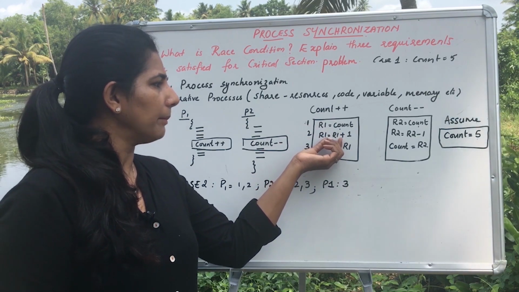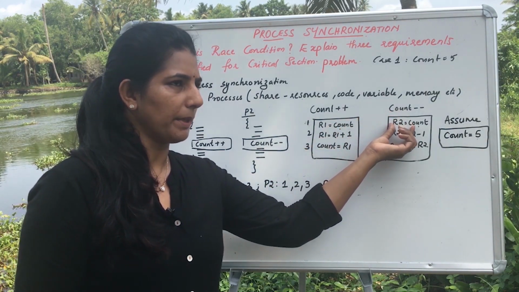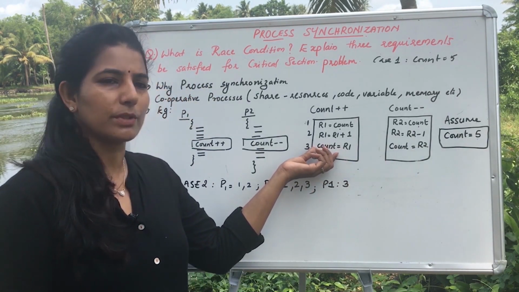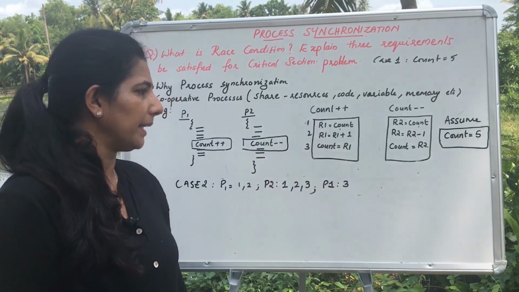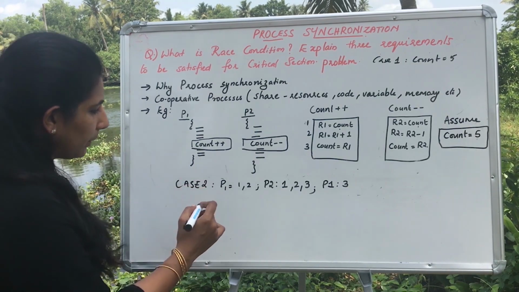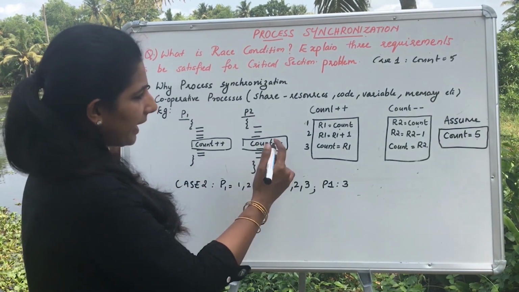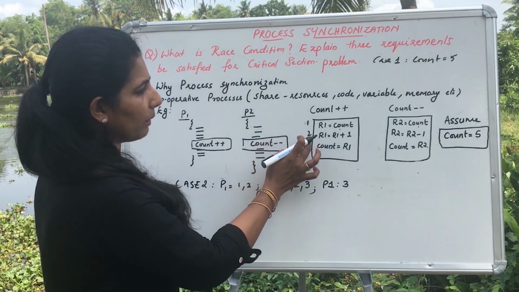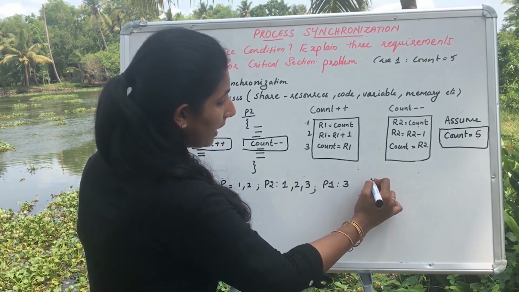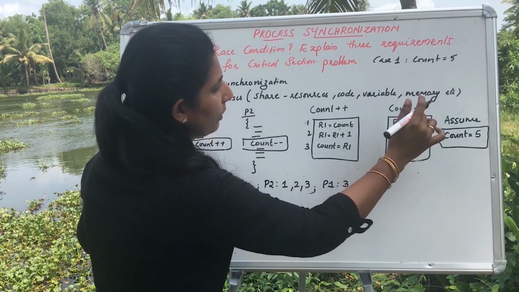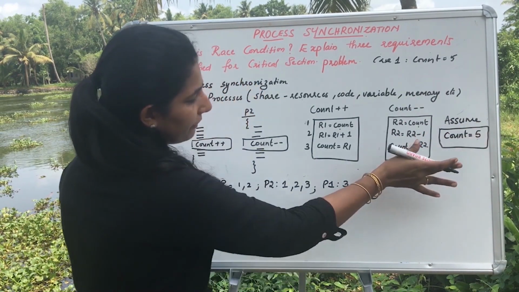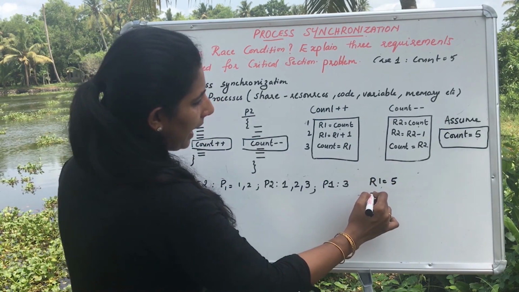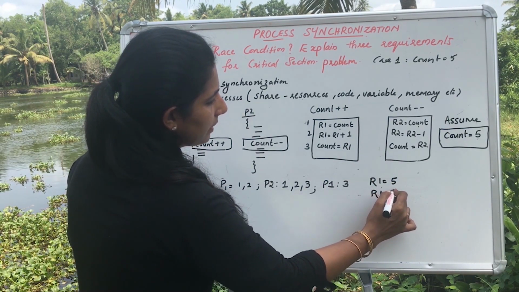So it's a multi-programming, as I said. From here I am context switching to process P2, and from process P2 once it finishes I come back to process P1. It can be a preemptive kind of scheduling. Now in this case, let's assume what are the values going to come. Initially P1 is executing line number 1 and 2. In line number 1, R1 is equal to count. The initial value of the count we have assumed as 5. So R1 is equal to 5 and R1 is incremented to 6.